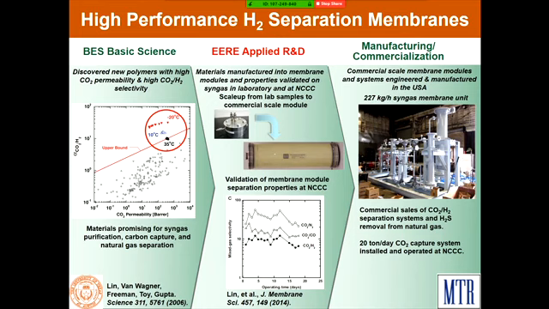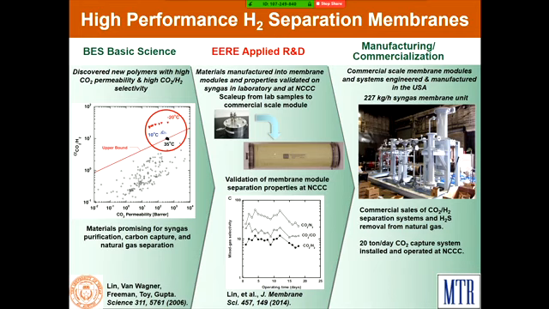I apologize, this is a busy slide. It's one that we put together for one of our Department of Energy sponsors. In studying materials that could separate carbon dioxide from hydrogen for the so-called FutureGen clean coal project more than a decade ago, we discovered classes of these ethylene oxide-based materials that had very high combinations of permeability as well as selectivity.